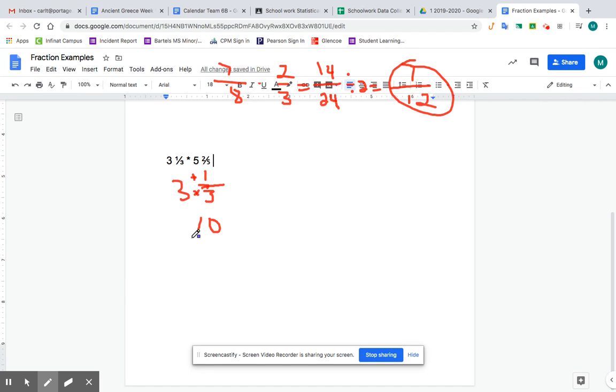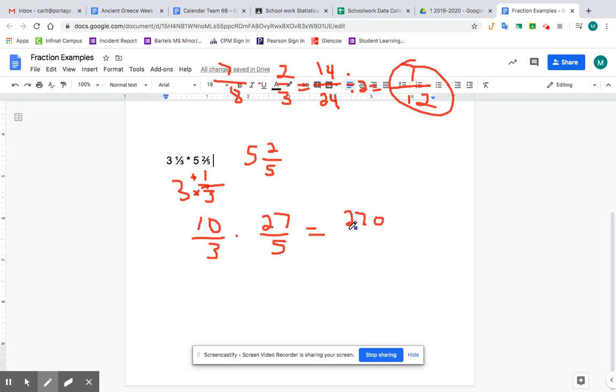So 10/3 times, if I come up here and I have 5 2/5, 5 times 5 is 25, plus 2 is 27 over 5. Now, you can multiply across here and get